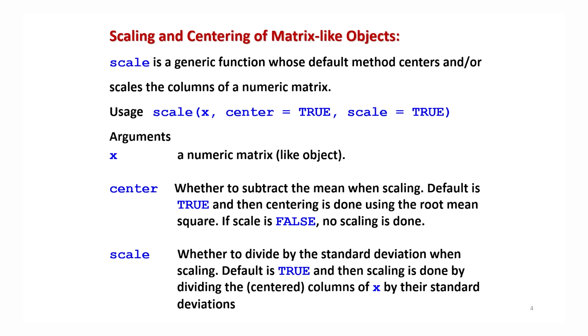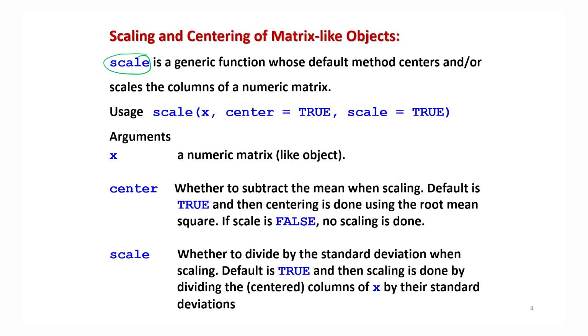So if you want to transform the data in any way, or you want to standardize the data, or you want to center the data, or you want to scale the data in our software, then we have a command here, scale. And scale has different types of options. By using them, you can achieve what you want, like only scaling, only centering, or both. Right, and this can be used on different types of objects, on a data vector, matrix, data frame, etc.